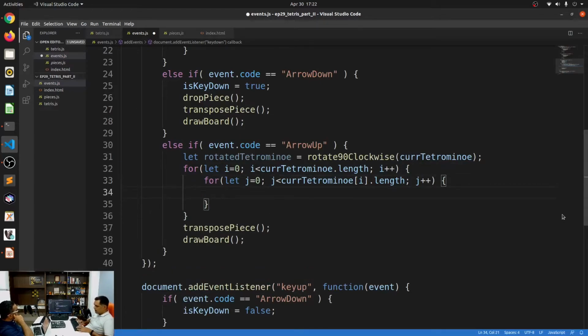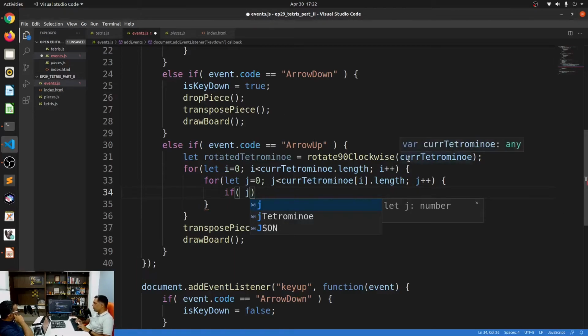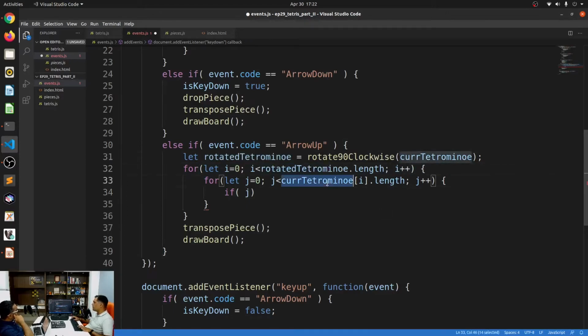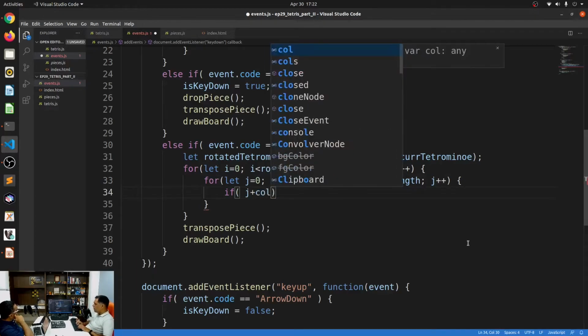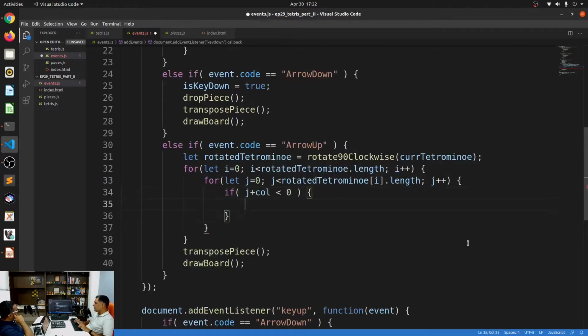So basically, if after rotation, right? Oh, so you need to do it. Yeah, I need to do it for rotated tetromino. Got it. All right. If J plus call is less than 0, right?